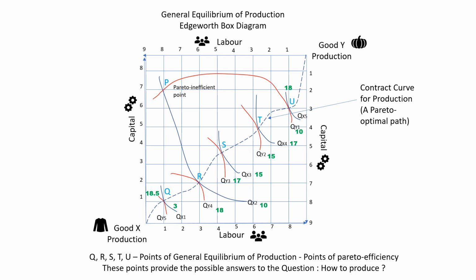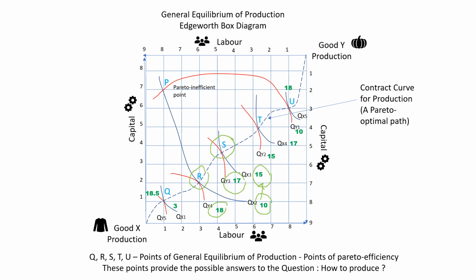The other thing that we will notice from this illustration is the fact that, for instance, if we are moving from point R to point S, a movement from point R to point S involves a sacrifice of 1 unit of output of food, and in return we are having a rise of 5 units of output of clothing. So we are having to sacrifice 1 unit of output of food, and in return for that we are able to increase the output of clothing substantially.